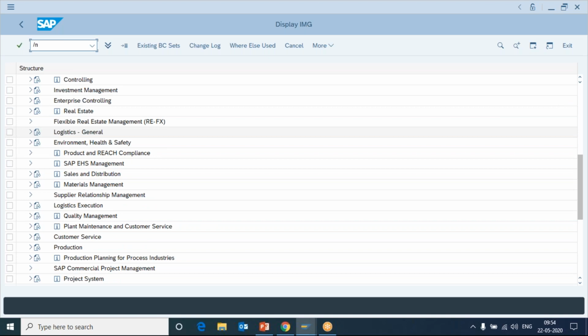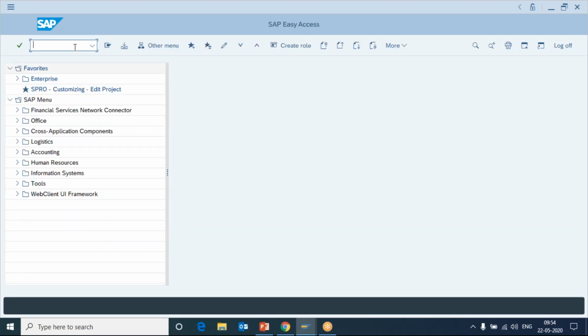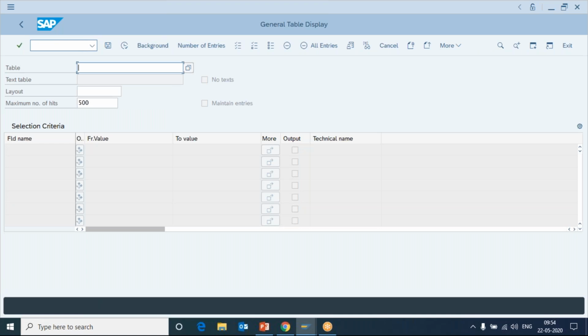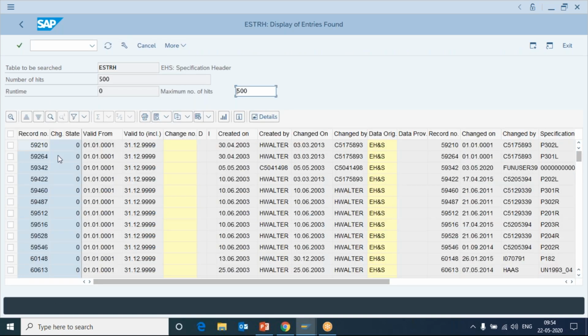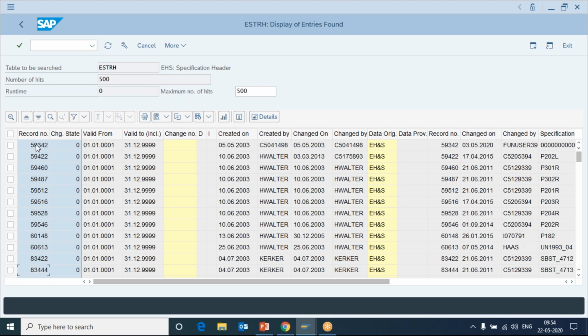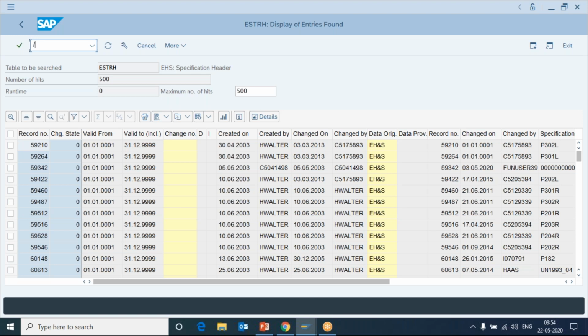We operate the SAP system using transaction codes. A transaction code is like a command that you enter here. For example, if you want to see the tables, this is the command for seeing the tables. Enter. Then you will come here. You can enter the table name and execute this. Once you execute this, you will get reports like this. So these are the reports related to specification management. Specification management is also one of the concepts we would be coming to. So all the records, let it be anything. Suppose you want to see some records related to materials, even that could be done.